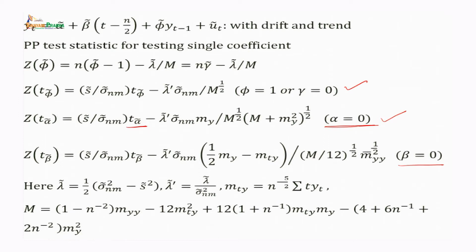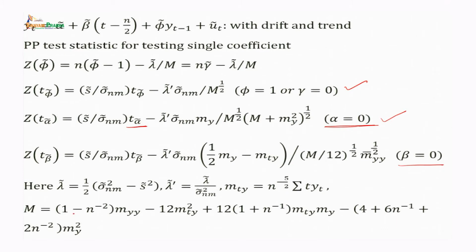Again here lambda curl is defined here, half sigma curl n m square minus S curl square, lambda curl dash is equal to lambda curl upon sigma curl n m square, m t y is equal to n to the power minus 5 by 2 summation t y t,